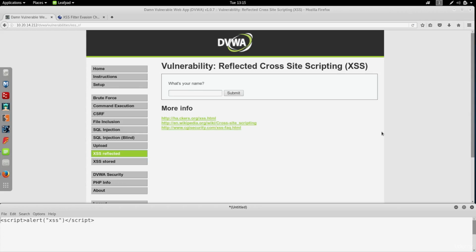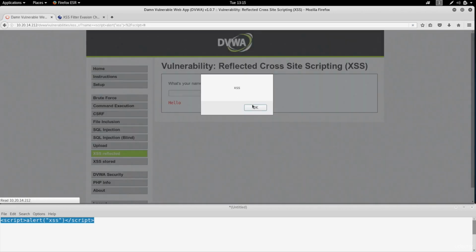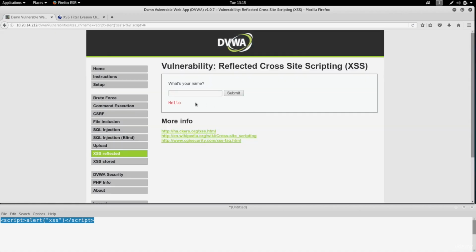Now let's have a look at the medium security level and see if we can inject our code and run JavaScript code on the target website. So this is the exploit, or the payload, that we're using. Before I change the security level to medium, I want to show you what the website looks like. If we right click on the hello and go to inspect element,